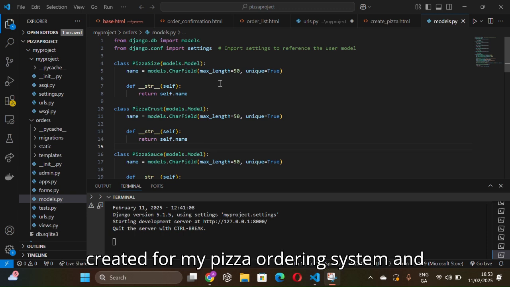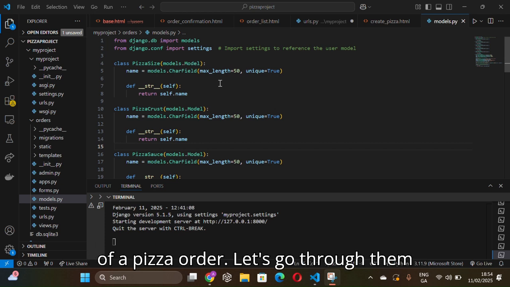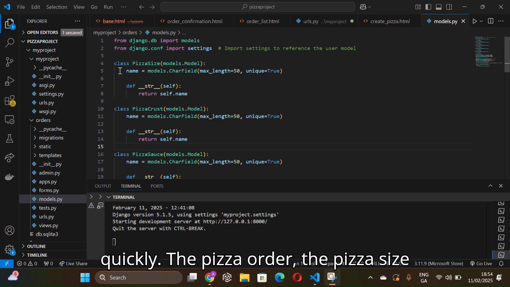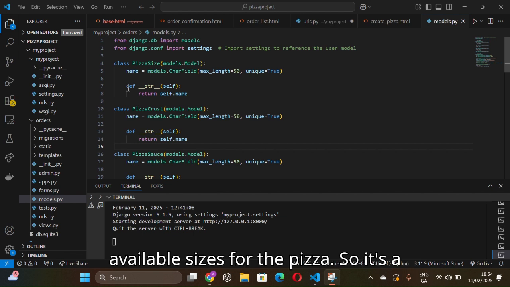Walking you through how the Django models are created for a pizza ordering system, and I'll explain how they are structured. So in models.py, I've defined several models that represent the different parts of a pizza order. Let's go through them quickly. The first model is the pizza size model. The model has a single field, name, which stores the available sizes for the pizza, such as small, medium, or